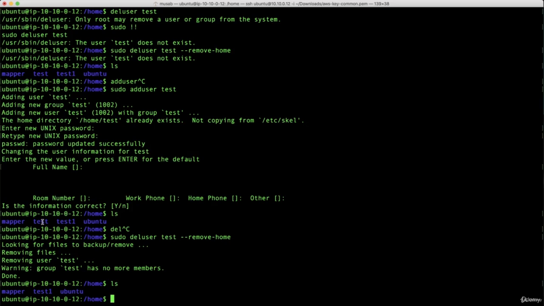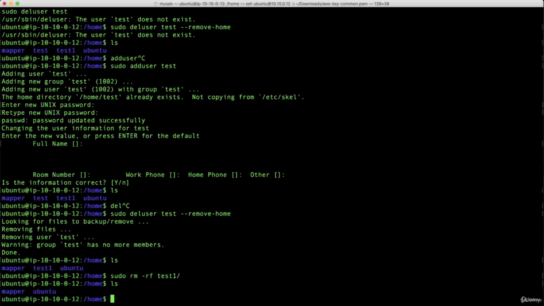All right, so everything is working as expected, or I can just remove it immediately like this. If I type sudo rm -rf test1 and delete it, you can see that I already deleted the test1